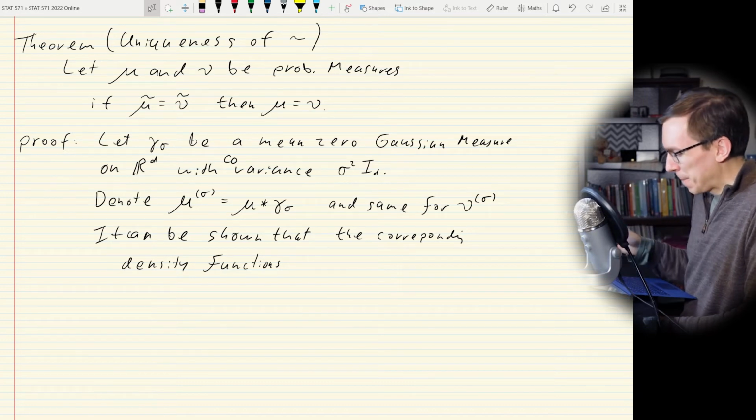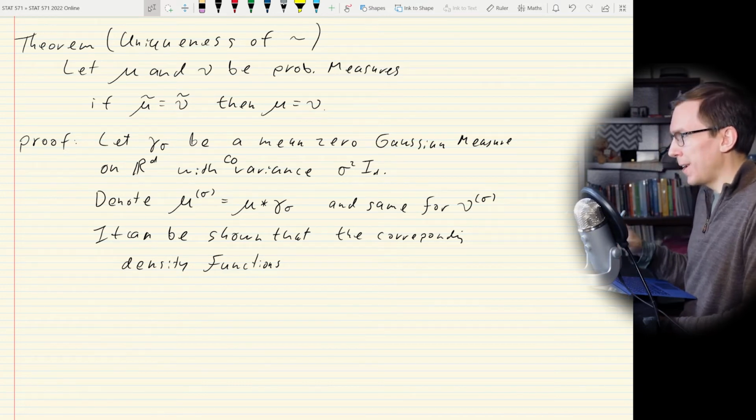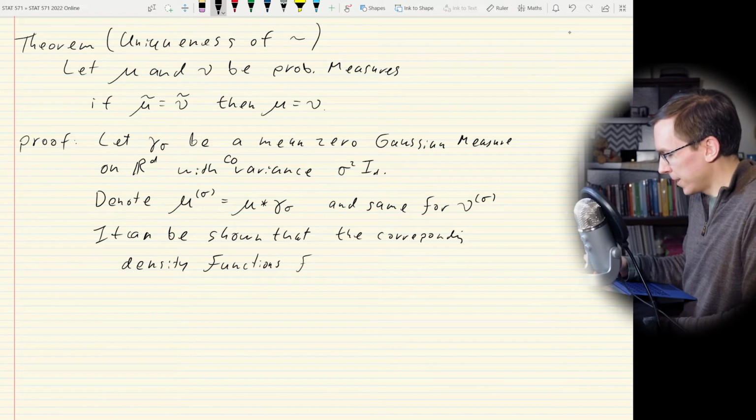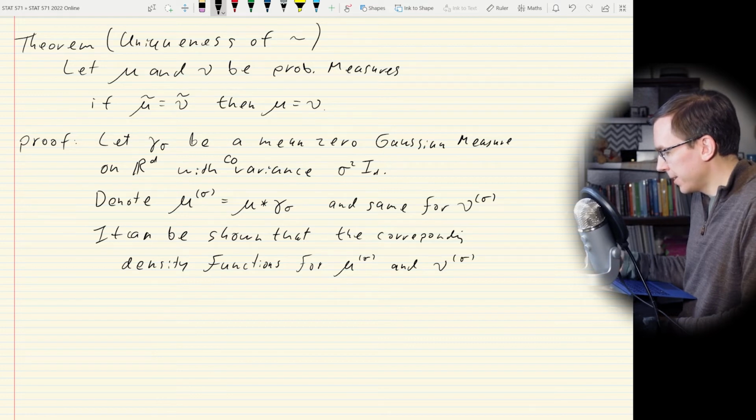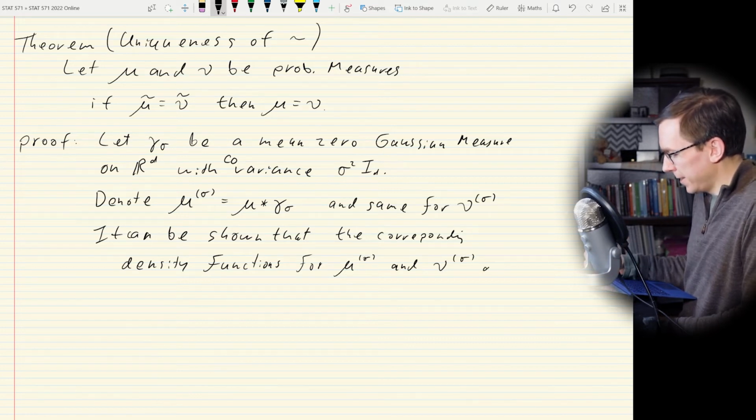But anyway, it can be shown that the corresponding density functions for mu sigma and nu sigma are